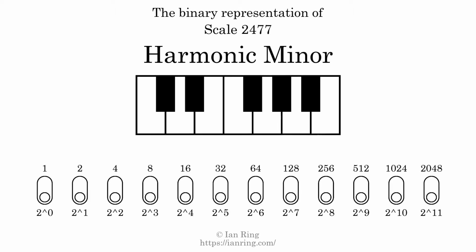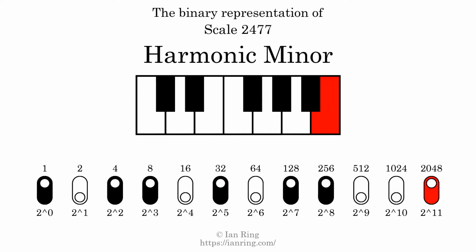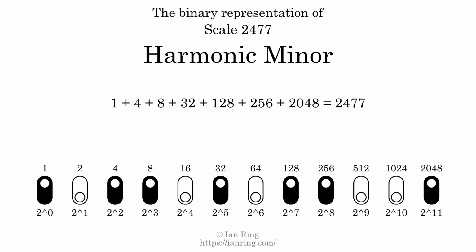The binary representation of this scale is determined by mapping tones of the scale to binary digits. Each binary digit represents a power of 2. To get the scale number, we add the powers of 2 together. The powers of 2 that are present in the scale, all added together, equals 2477. That is why the scale number, in decimal, is 2477. The scale number not only enumerates the scale with a unique index, but it also literally describes the tonal content of the scale. Represented as a binary number in base 2, the scale number is